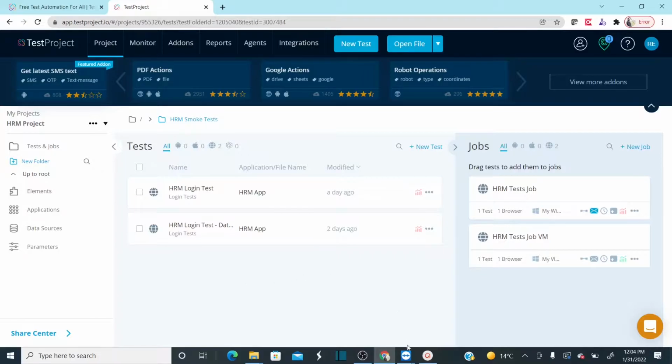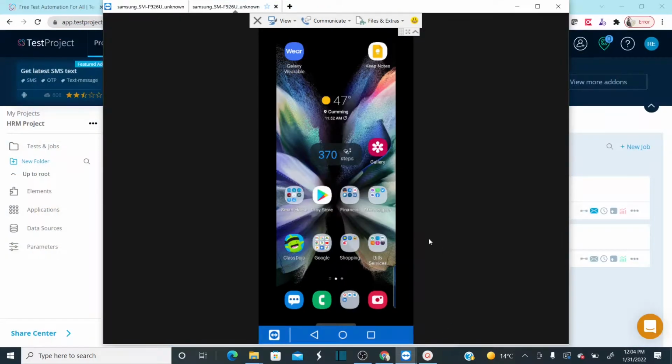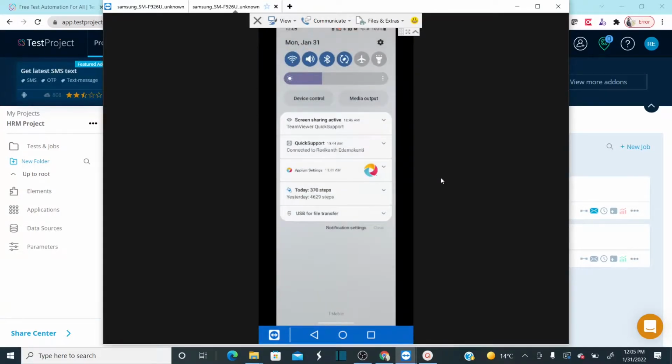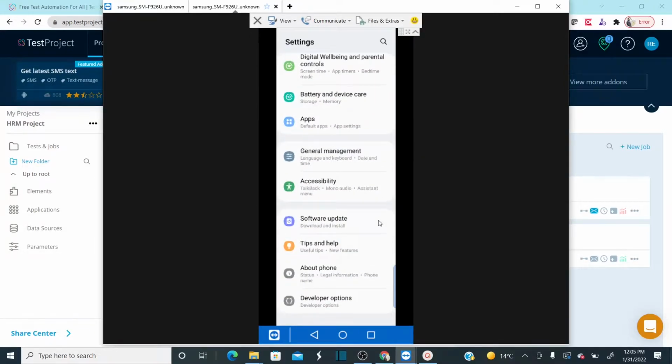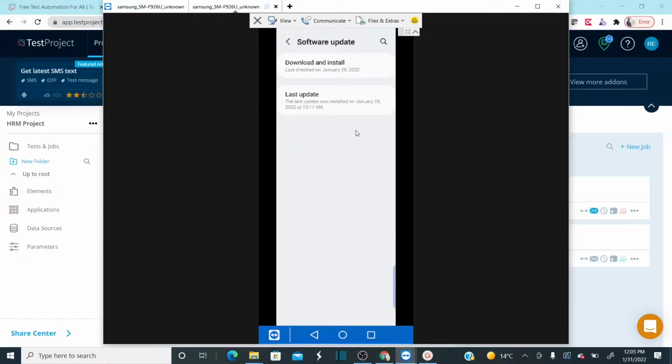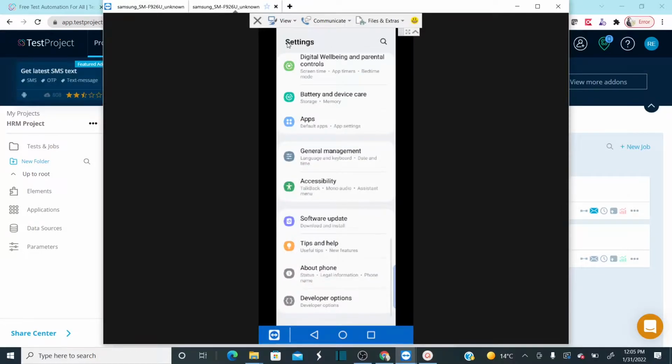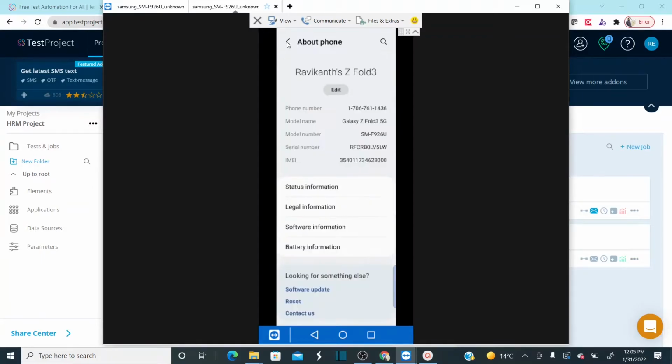I have already connected my Android device to my system. Once you connect your mobile by using USB, you need to go to settings first. Under settings you should have About phone. Click on About phone. Oh sorry, not About phone. Let me just go back again. Okay, About phone. If you go to About phone and go to Software information,